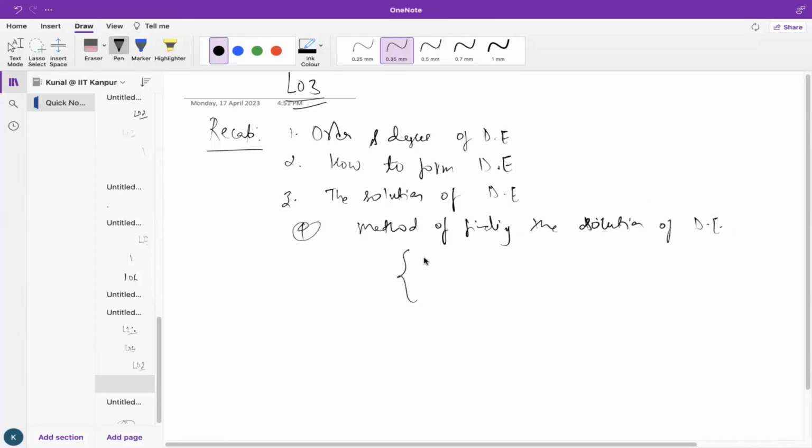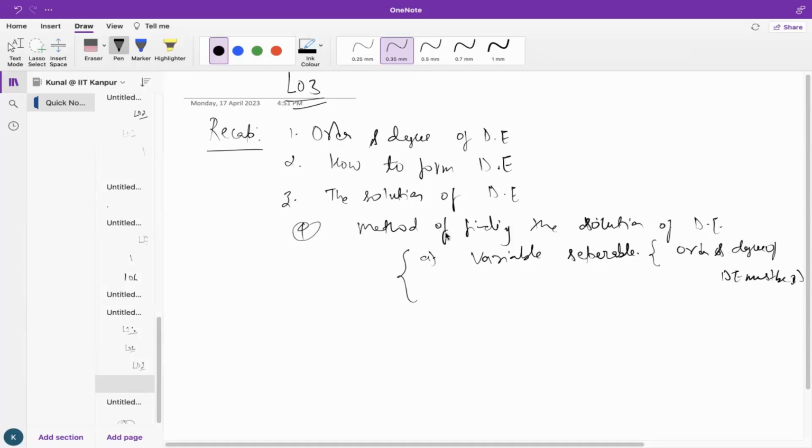And in this we have studied the first method, which is variable separable. We have covered variable separable, which we use when the order and degree of the differential equation must be 1, right? So let us start with some problems on this and then we will move to the next method, which is